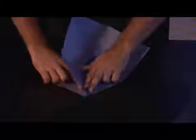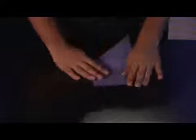To get this, you're going to fold your paper over like this, and then open it back up along that crease line there, and then bring it back to where it forms like that, and it'll basically almost form itself once you get that fold in. So now that you've got that, you're going to do the same thing with this side, and fold it down over,